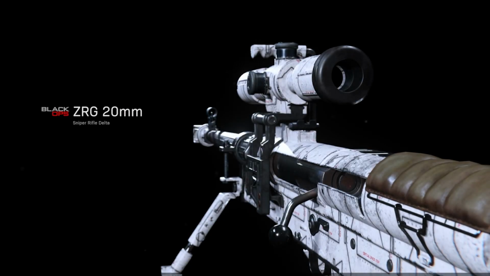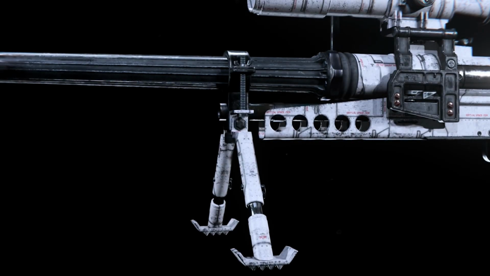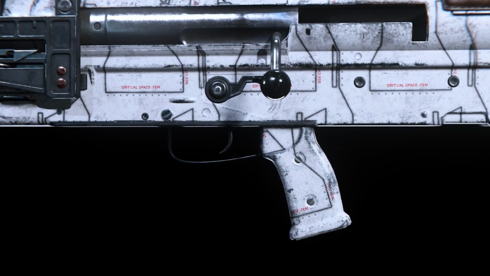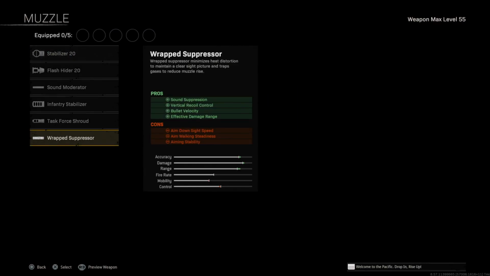Now, next up is the ZRG. It's another one of the snipers that can one-shot, and I'm about to show you guys a class that nobody has ever shown you before. I actually posted this class about a month ago, and it is super fun to use, super aggressive also, and really powerful. So for the first one, again, we always want to go with the wrap suppressor